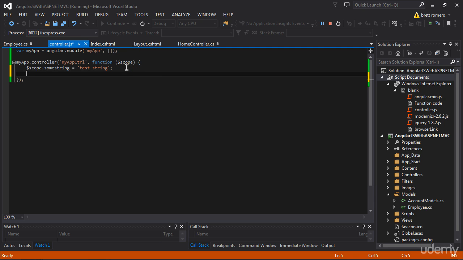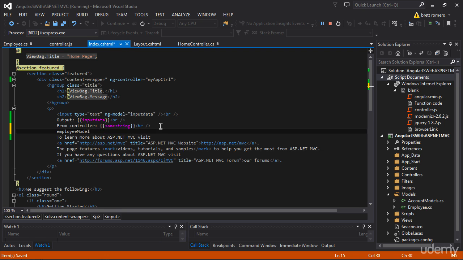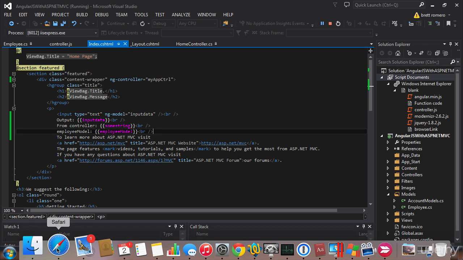So I'm going to go ahead and create another model on the scope, and this is going to be employee model. So I'm just going to differentiate the name here so it's not confused with the .NET model. And I want to just do model. And now I'll go ahead and add this employee model in our index page. And so I'm going to say that and that. And just add a line break. And now if I refresh our page,